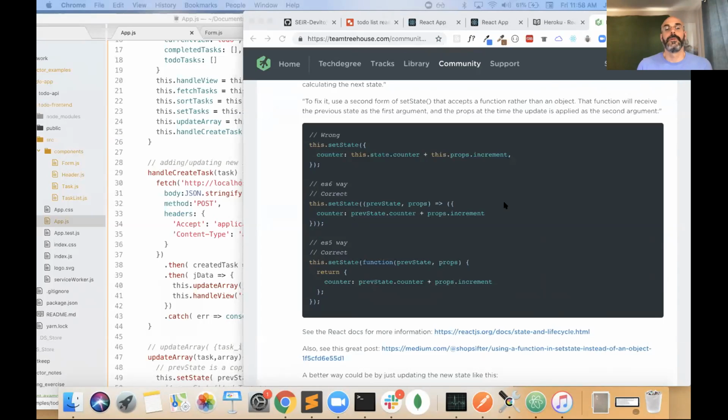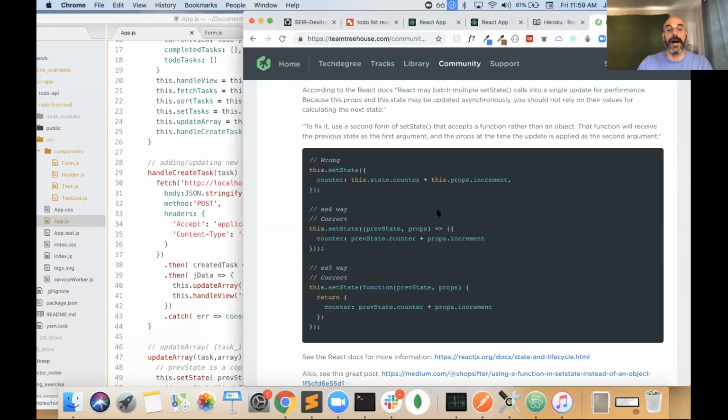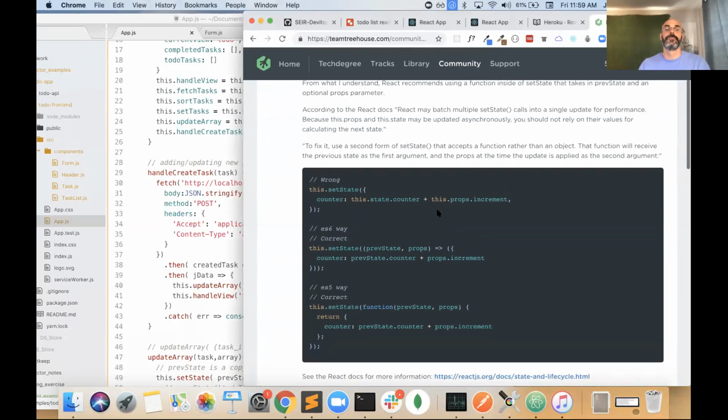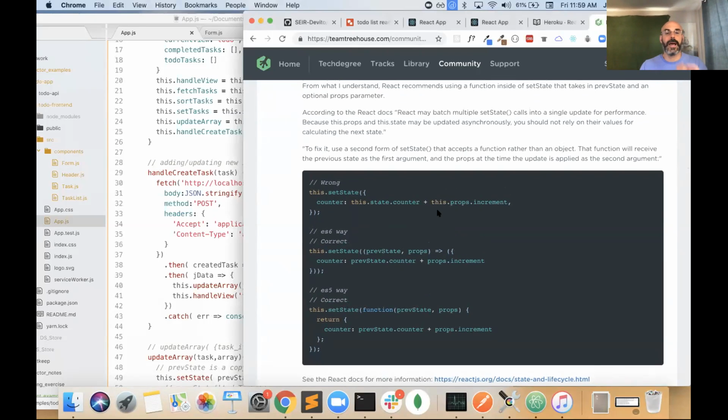Exactly. And if you see it written like this anywhere, even if they called this whatever they wanted, you'll know it is the previous state. You can even pass in the props too if you needed to do something. This is just an example of a counter. But yes, prev state is always referenced. And when you update state, always include prev state, even if you don't need it for right now, so you always know the construct of writing it with prev state so you don't forget it. Even if you're not using it, just do it for now to get the repetitive use of it,